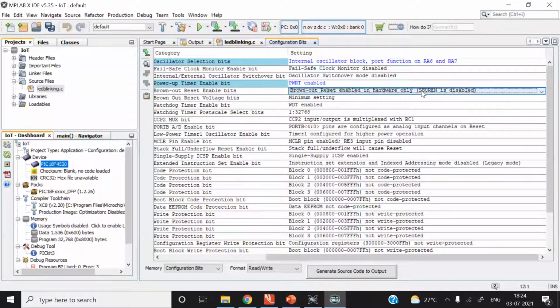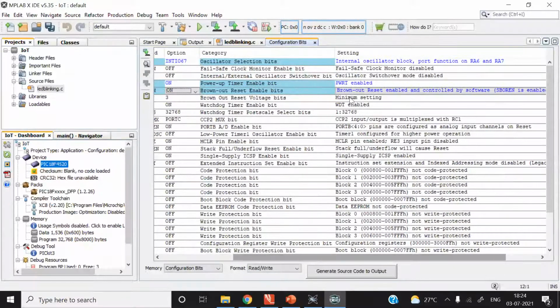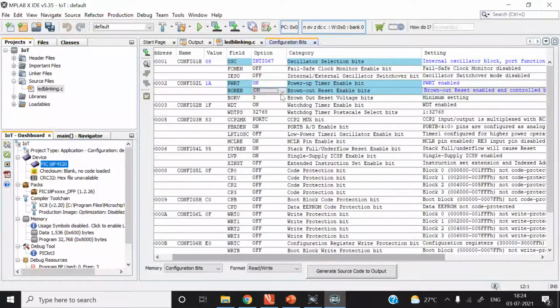Software enable/disable is disabled. That's the meaning. And if you select another option, ON, then what is the description? Brownout reset enabled and controlled by software. So if you want to use brownout reset, it is better to go with BOREN and the option must be ON, so that you can modify this brownout reset threshold in software.